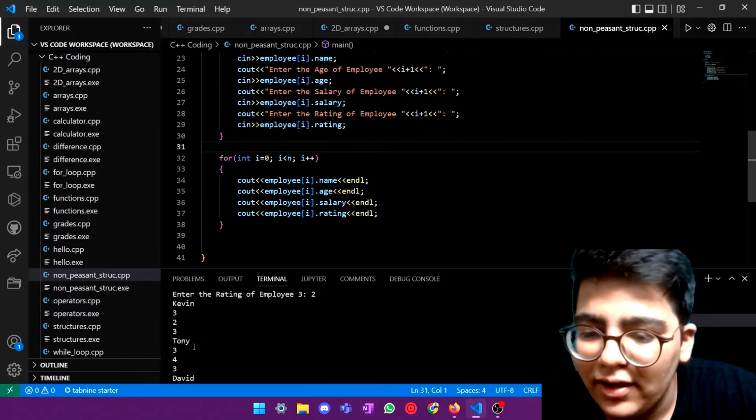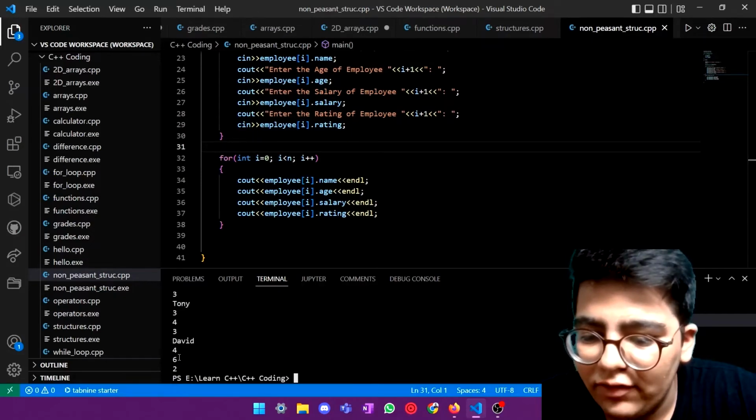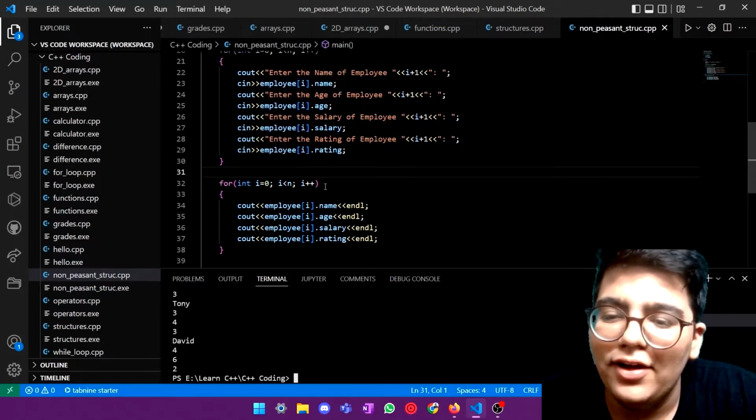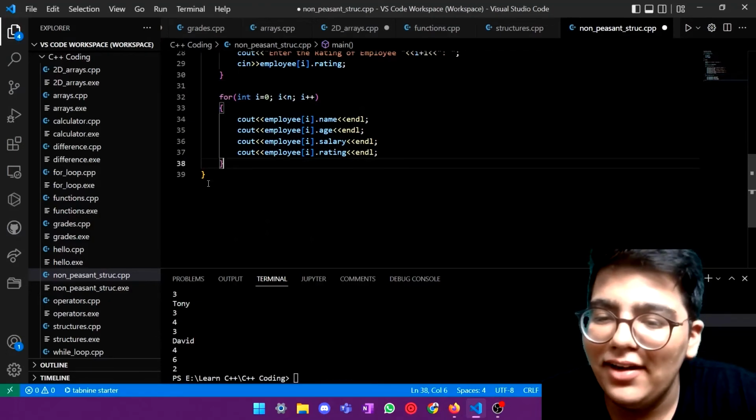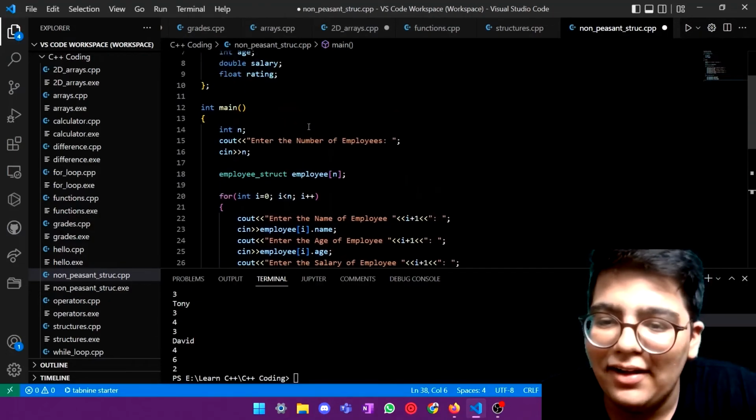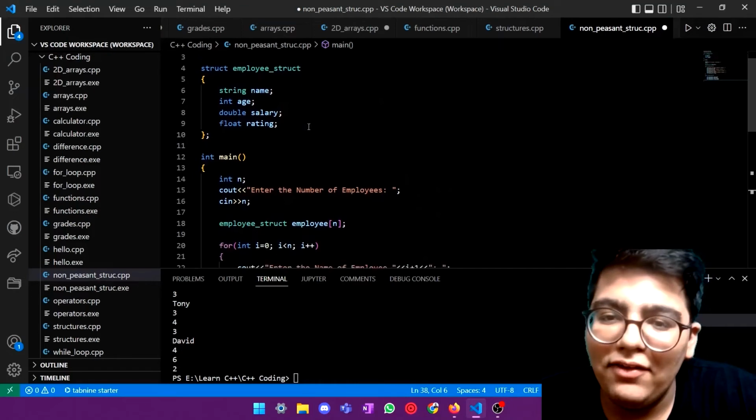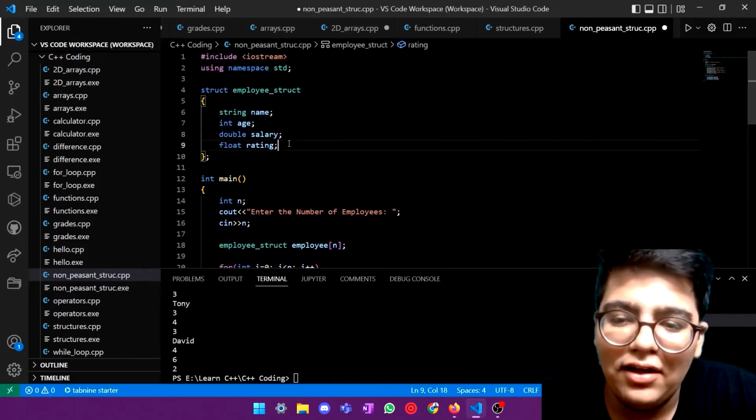And then we got it printed. So we had this, Kevin 323, Tony 343, David 462. So this is the non-peasant method. That was the peasant method. This is better. One more thing, one last thing that I forgot to mention, not forgot, but left it for later,